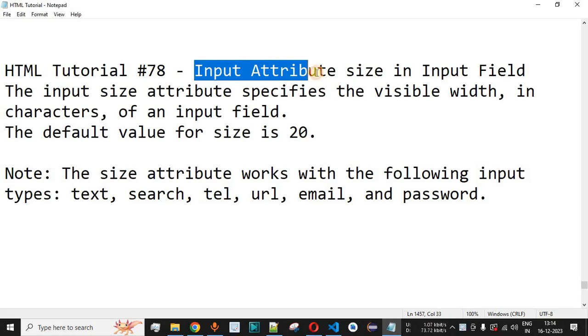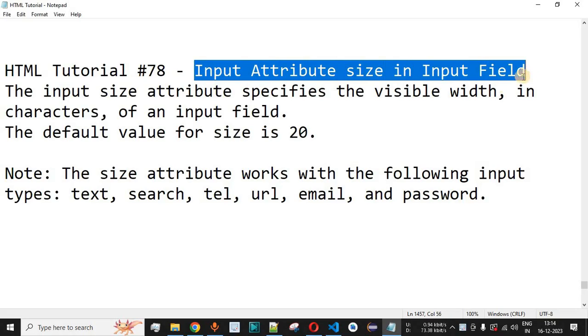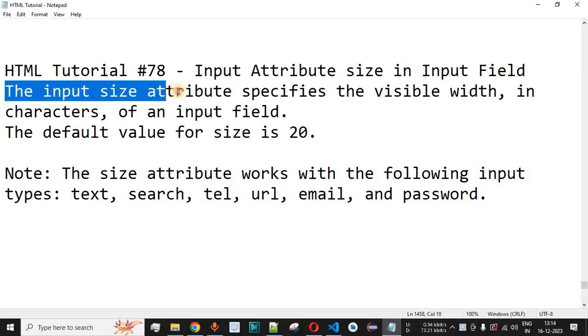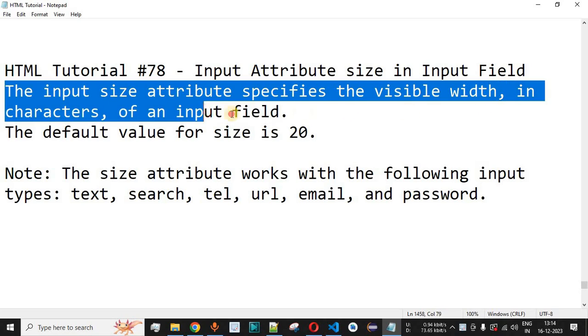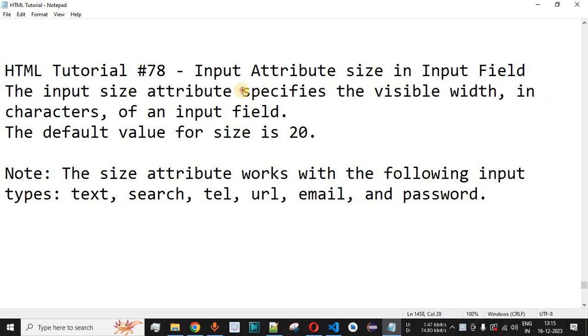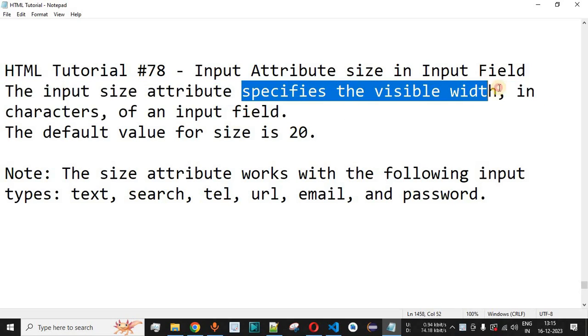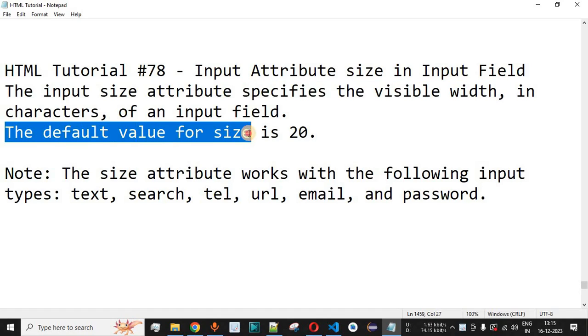So now we will see the input attribute size in input field. So guys, basically the input size attribute specifies the visible width in characters of an input field. The size attribute is responsible for specifying the visible width of the input text box. The default value for the size, that is the width of the text box, is 20, that we have seen